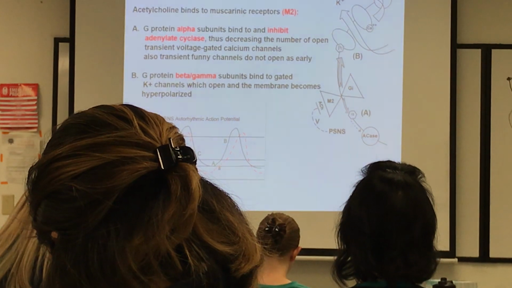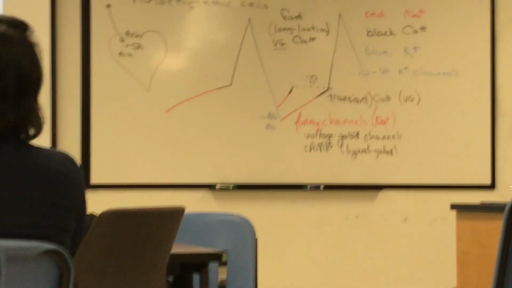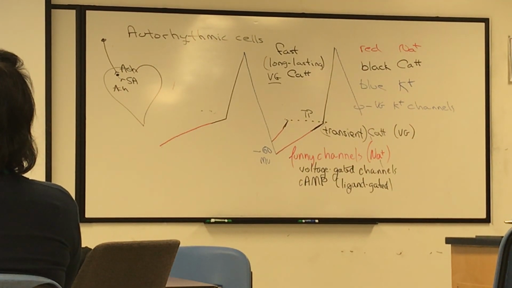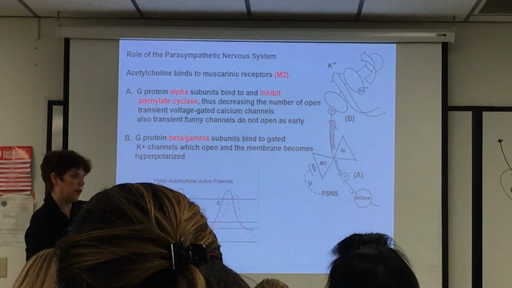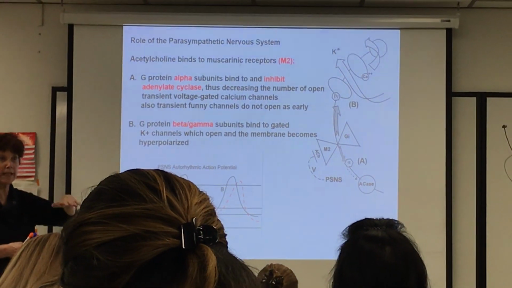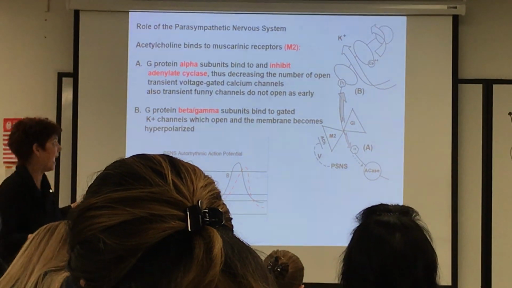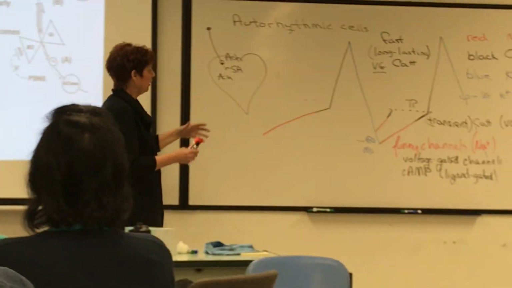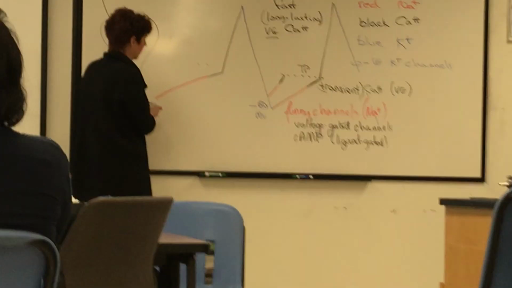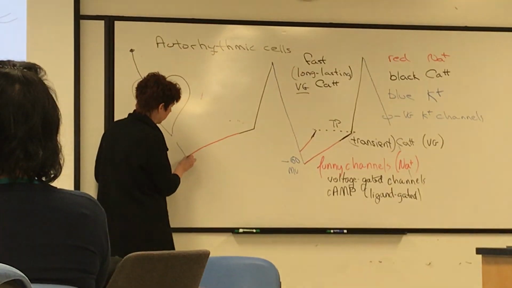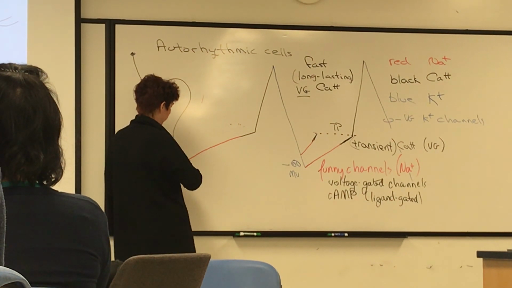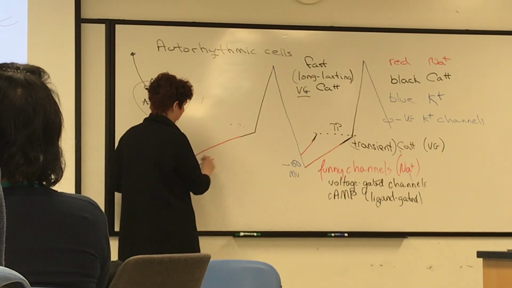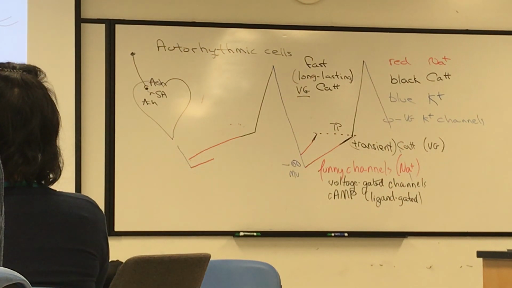Okay? Norepinephrine and epinephrine activated an excitatory alpha subunit, which turned on adenylate cyclase. This particular alpha subunit inhibits adenylate cyclase, so we get less cyclic AMP. Alright, so fewer funny channels open, and the ones that do open, open later. Instead of opening earlier, they're going to open later. So the resting membrane potential actually gets a little bit lower before we start to open our funny channels. We have more positive ions that we had to add to the cell because the inside of the cell got